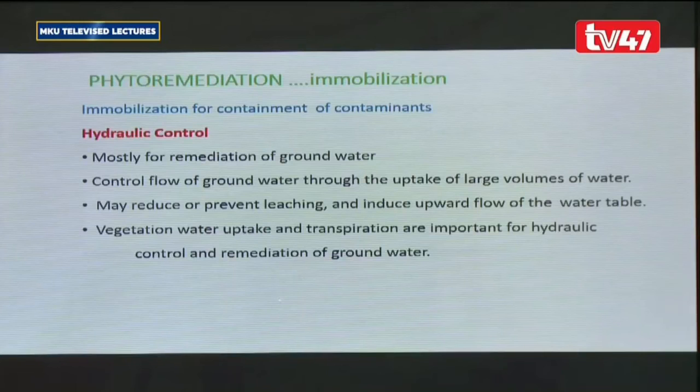Then we have the hydraulic control, which is normally done to control the groundwater. So it controls the flow of groundwater through the uptake of large volumes of water, prevents leaching, and it induces upward flow of the water table. Now this is a control system where we ensure that the contaminants do not leach down into the